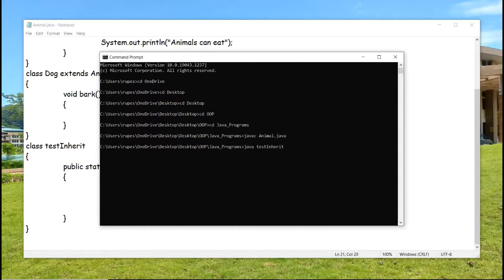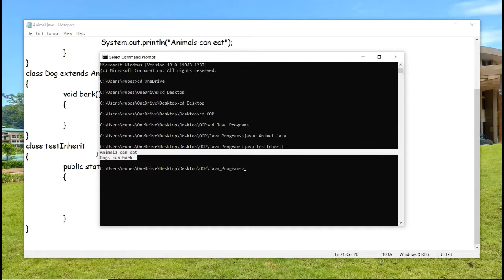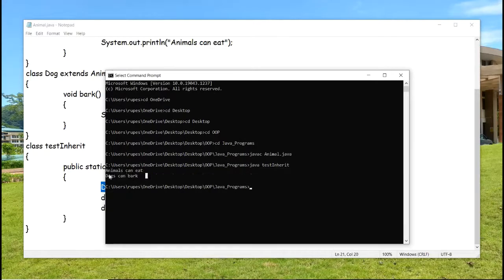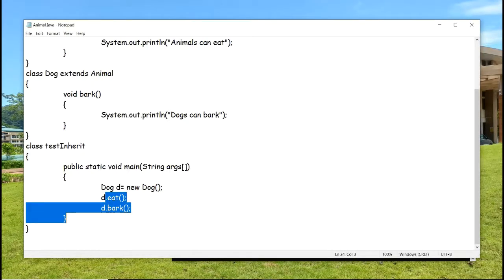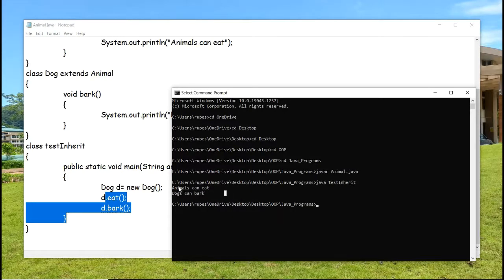So, Inherit. See, when I do this, I am getting two different statements printed. These two statements are printed because this belongs to class Animal and this belongs to class Dog, but I used the same object in order to call both of these methods. This is possible only because I have inherited the Animal class properties into the Dog class, and I have simply created an object of the Dog class and called both the methods. So this is how simple single inheritance looks.